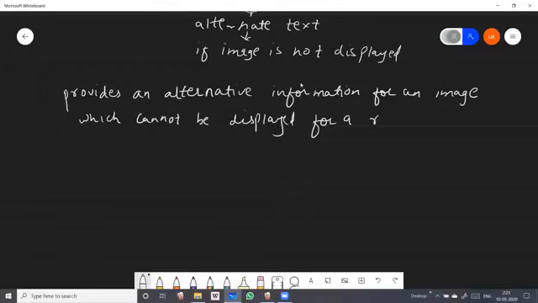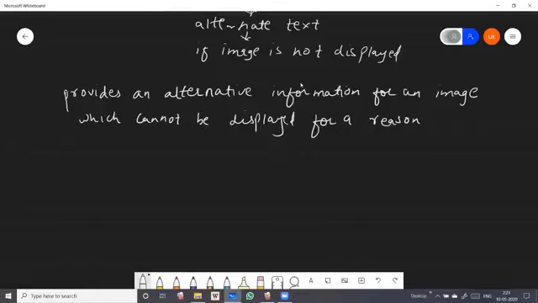For a reason like a slow connection, or some error has occurred, or the user cannot view it. Okay, for a reason because of a slow connection or because of some error.